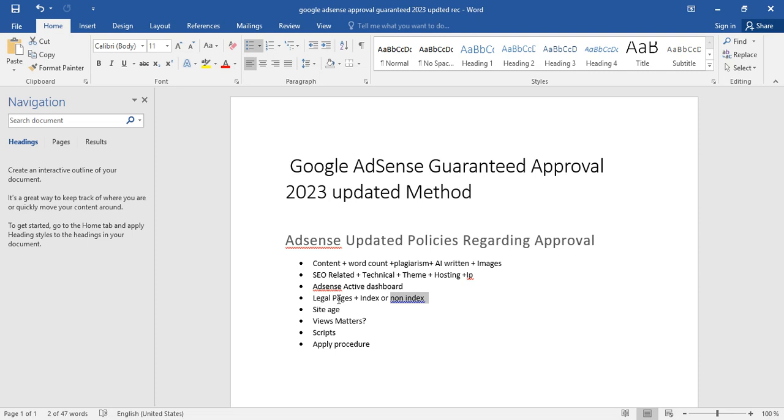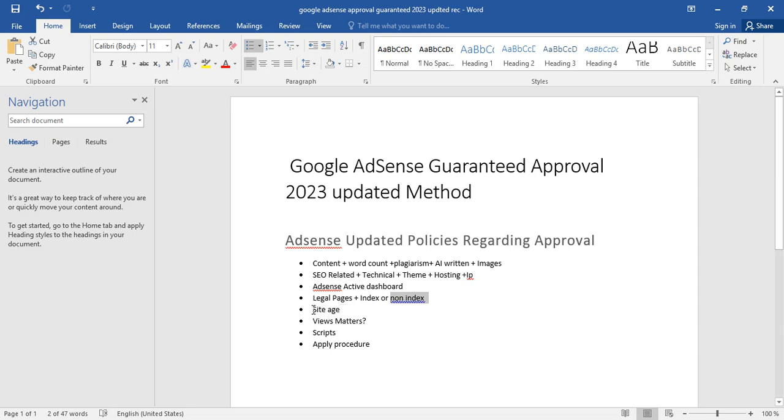For example, why would a user search for what the terms and conditions for this.com are? Why would a user do it? There's no need. So it's not for search engines. It's just for Google. These are the requirements of AdSense. So you don't need to index them. Do not use your indexing budget on these pages. Google doesn't like it. So keep them non-indexed, I suggest.